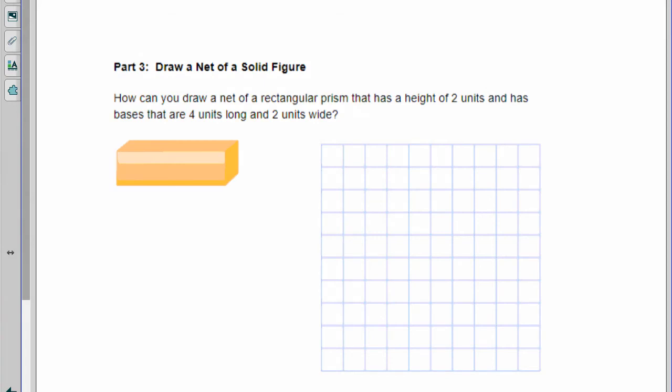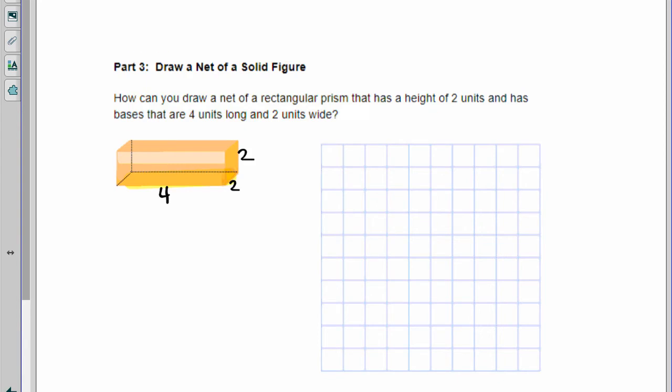And it says here in the directions that the height of this is 2 and the base, the bottom, is 4 by 2. So this is a 4 and a 2, and it's 2 high. So what I'm trying to look at here is, well, I need to start from something. So I like to start from the bottom. So I just drew some dashed lines to give it a little bit of a 3D feel. But if I look at this, I highlighted the bottom, the base, and that looks like it's a 4 by